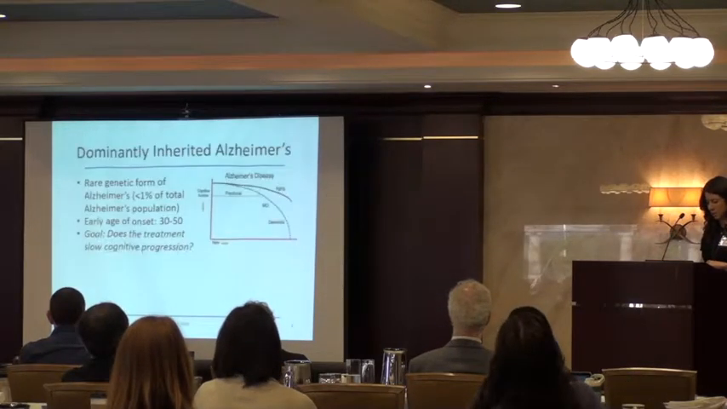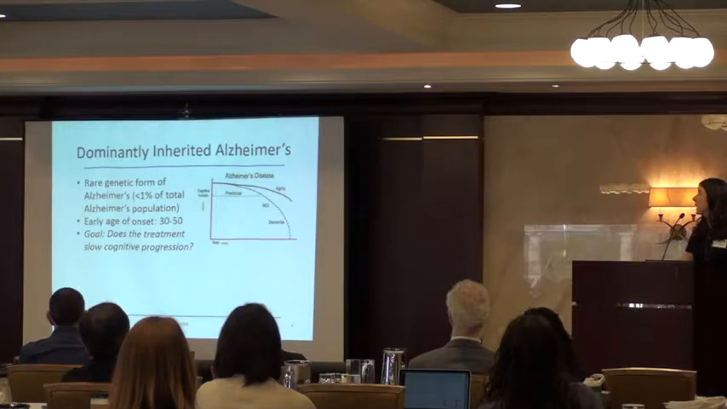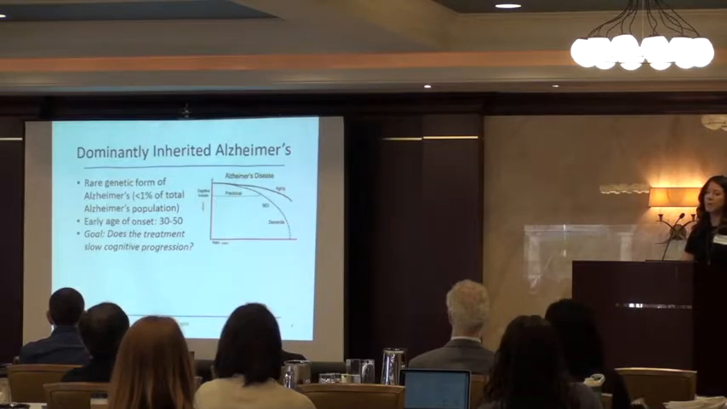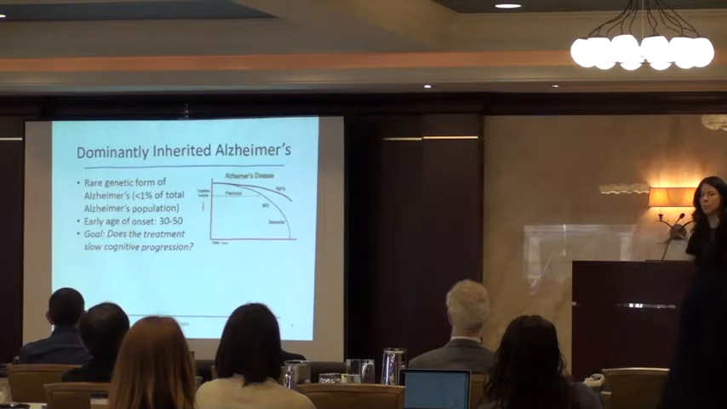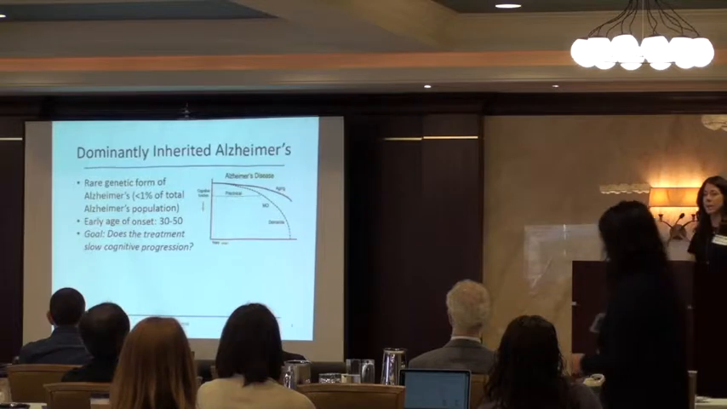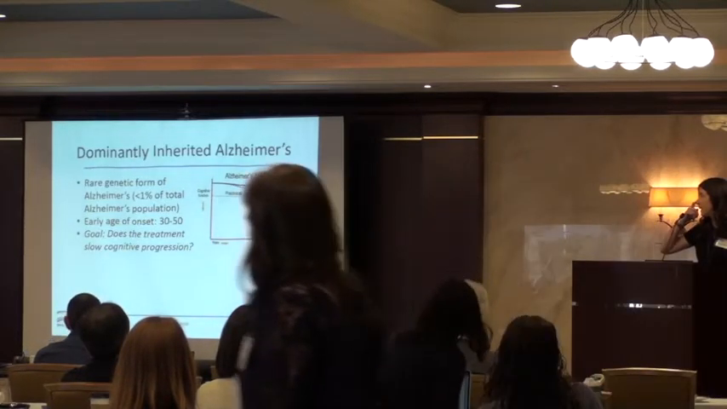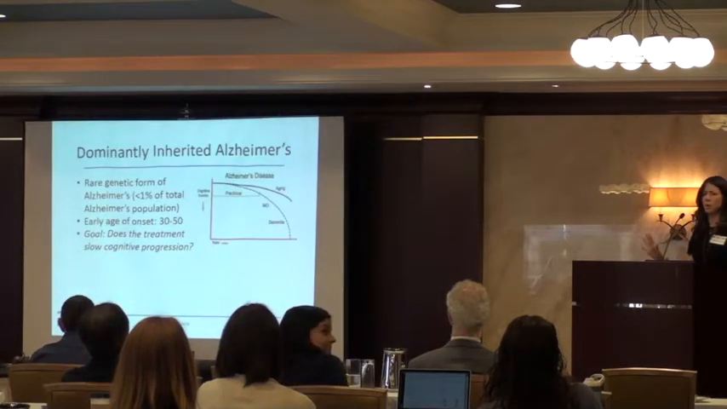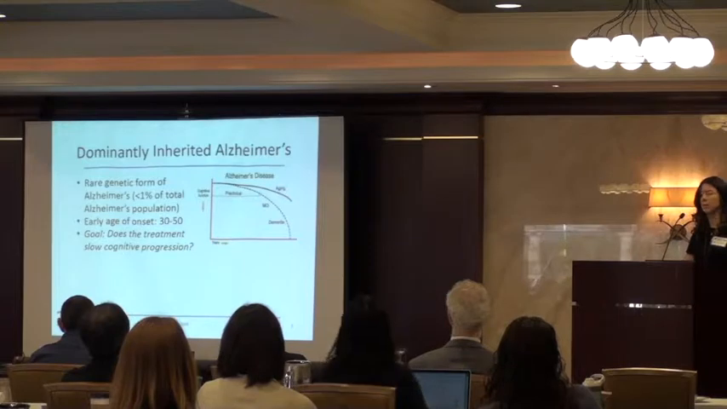So the first case study is in a disease called dominantly inherited Alzheimer's. This is a very rare version of Alzheimer's. It affects less than 1% of the population. An individual who gets the genetic mutation will absolutely develop Alzheimer's, and will likely develop it at an age of onset between 30 and 50, sort of around when their parent, who also had the genetic mutation,